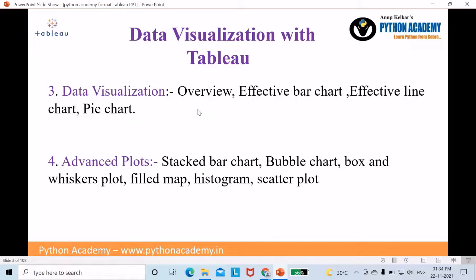Because Tableau's vision is to understand data visualization with completely drag and drop technology. Tableau is a very powerful tool which can build different graphs within minutes or even seconds.